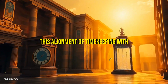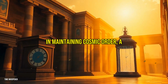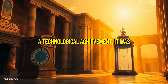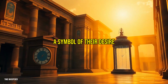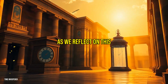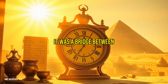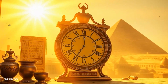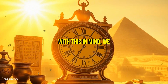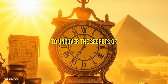This alignment of timekeeping with spirituality highlights the Egyptians' belief in maintaining cosmic order, a recurring theme in their culture. The water clock wasn't just a technological achievement, it was a symbol of their desire to harmonize human activity with the rhythms of the universe. As we reflect on this innovation, it's clear that the water clock was more than a tool. It was a bridge between the practical and the divine, embodying the ancient Egyptians' holistic approach to life. With this in mind, we now turn to another marvel of their architectural prowess, ready to uncover the secrets of